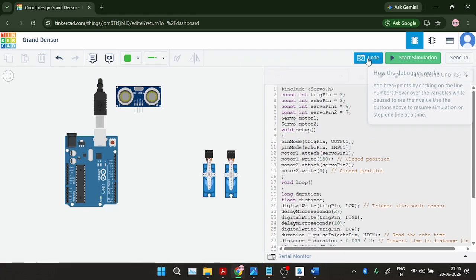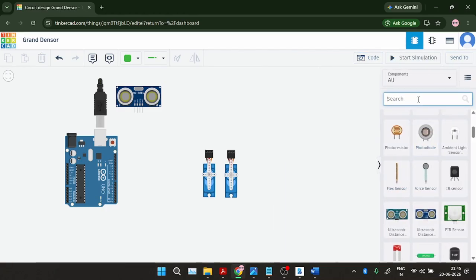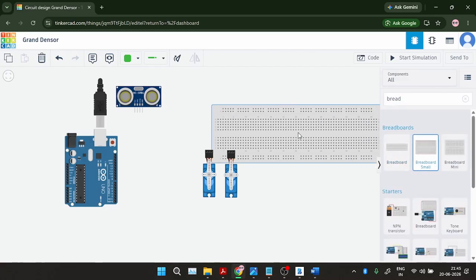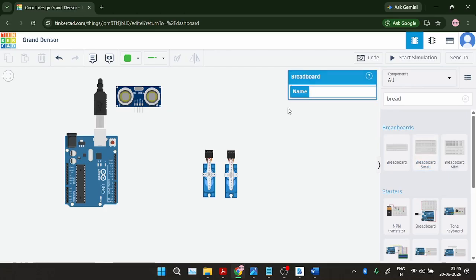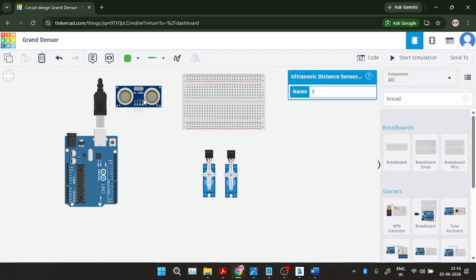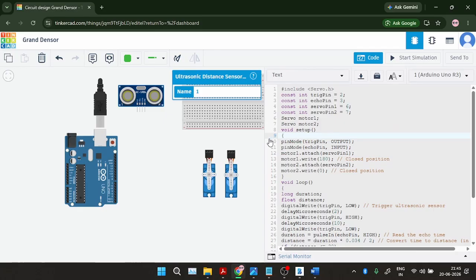And yeah, one core component that I forgot here is the breadboard. So breadboard, any breadboard. So that's a long breadboard. We just need a small one like this. An ultrasonic sensor. Yeah. Now I'm going to open the code here and I'm going to observe,